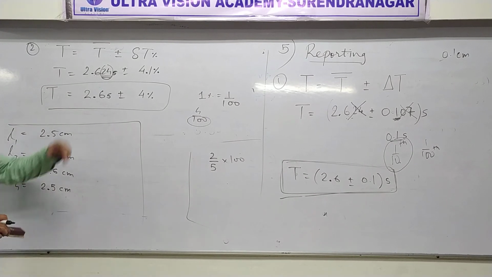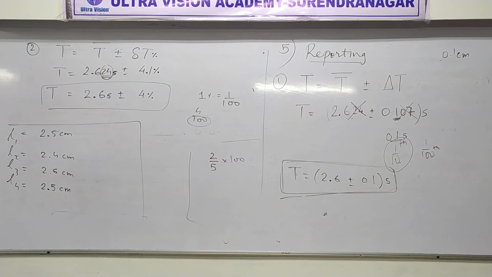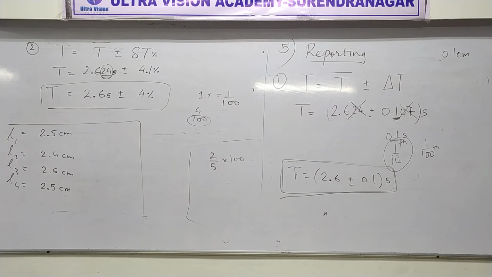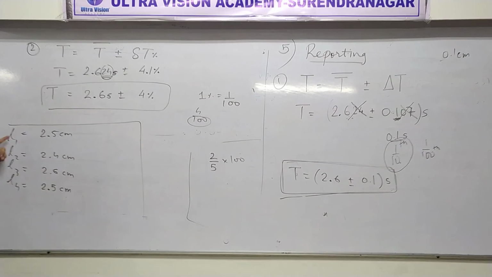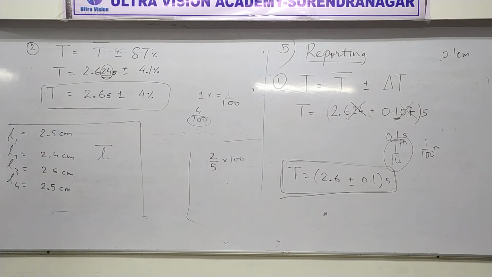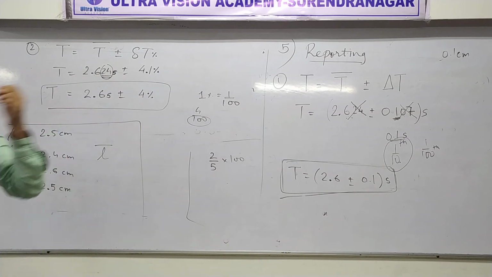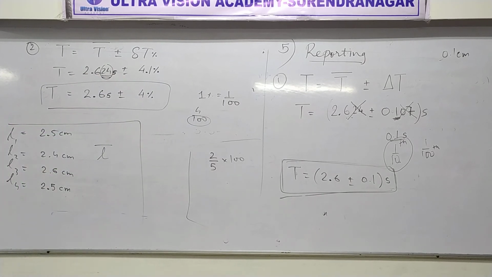What do you have to find? You have to do everything that we have done today. Is that clear? Everything. First step, find the average measured value. This is L, so we write L bar. Clear or not? Yes. Then the next step: the absolute error, 1, 2, 3, 4, then their average. Then what to do? Relative error. Then what to do? Percentage. And then what to do? Report in 2 ways, both ways. Is that clear? And be careful about significant figures or fake digits.